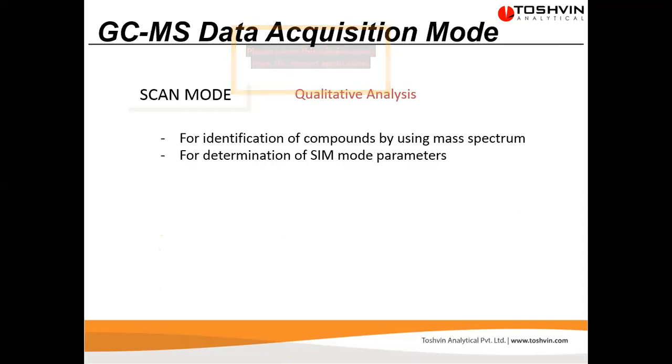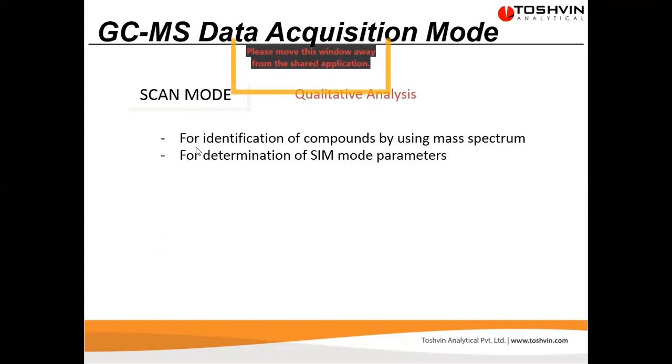So what the quadrupole will do is set the voltages for each and every molecular weight I have set. He will set the voltages for 40, 41, 42, 43, 44, up to 500. He will do the scanning continuously for this range. So this mode is to be used for any unknown compound, where you don't have an idea how many peaks are coming and what fragments or mass pattern I'll get. So always you have to run it under scan mode.